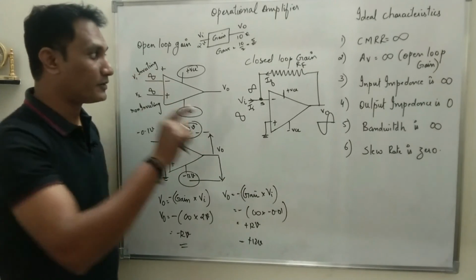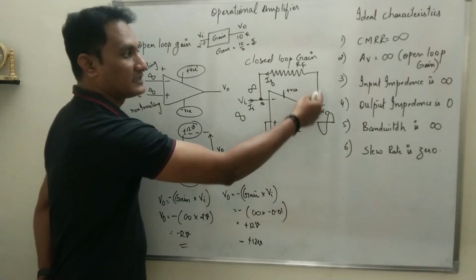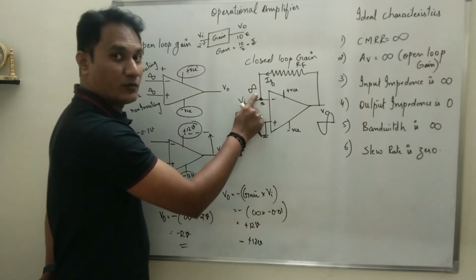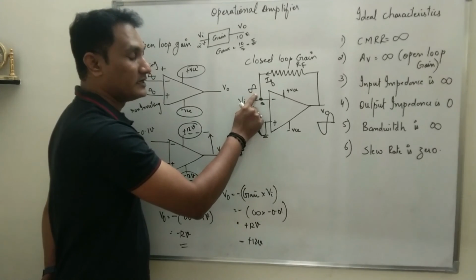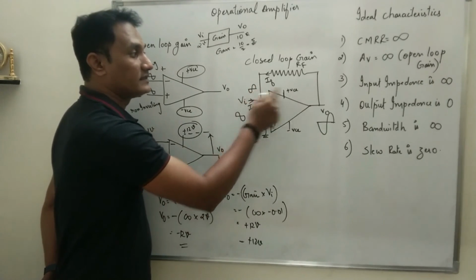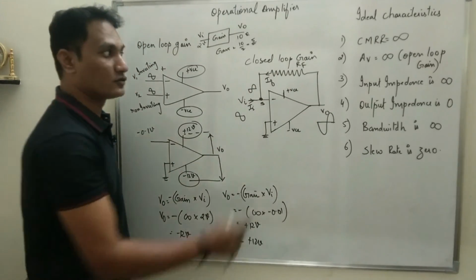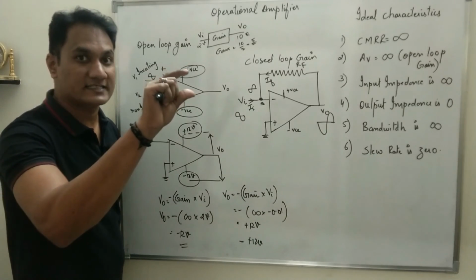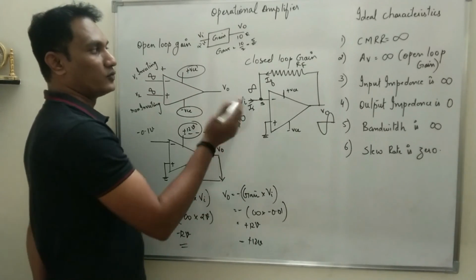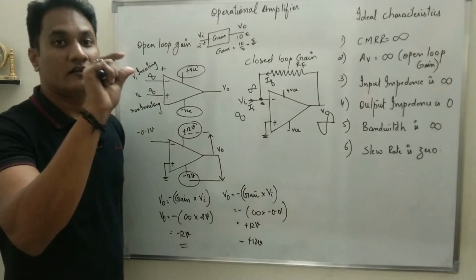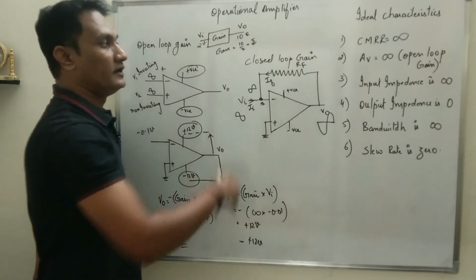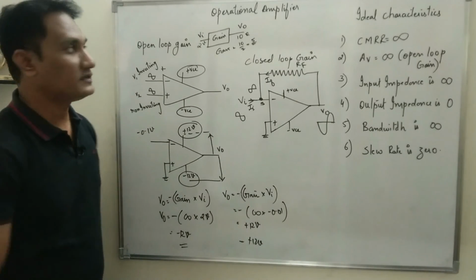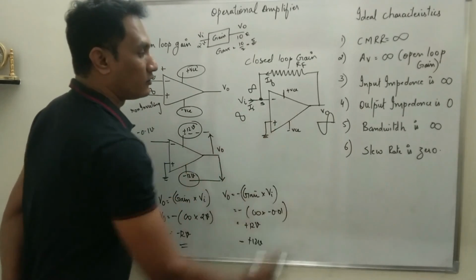But if the gain is suppressed by a negative feedback, this is called negative feedback, because these two signals will cancel at this point because of the 180 degree phase shift, and as they cancel each other, this type of feedback is called negative feedback. So in closed loop gain, we apply negative feedback, and when negative feedback is applied, gain is suppressed, and so output voltage will also be less or finite. So that is the purpose of understanding closed loop gain. Okay, so this is open loop gain and this is the closed loop gain.